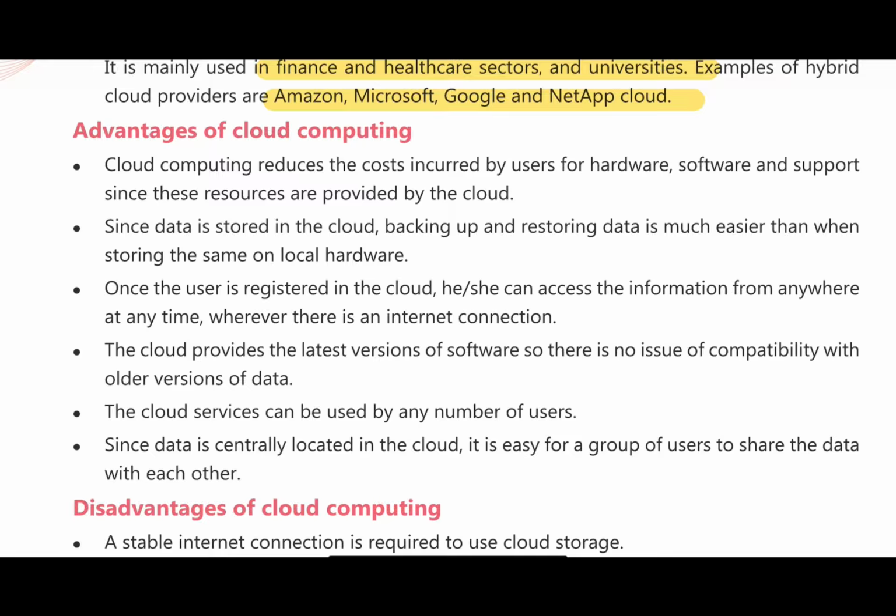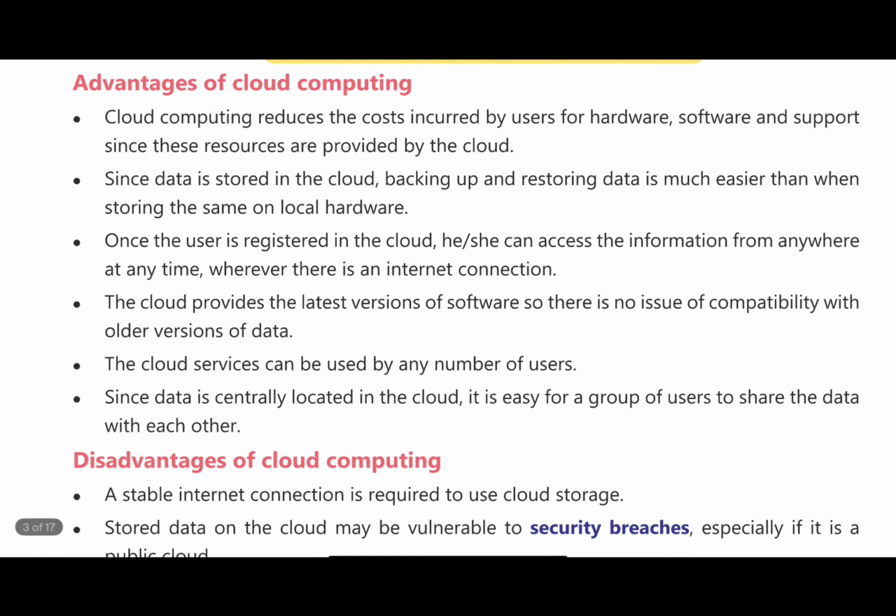Understood? And now the third point: when we store anything on cloud, we can access it anywhere, anytime. Understood? So this is the third point. Anyone can access it from anywhere. We can access it not from a specific location only. Then the fourth point is